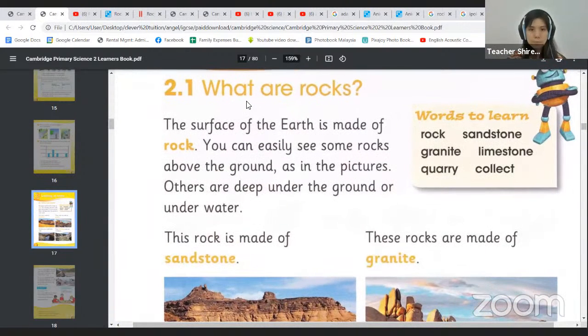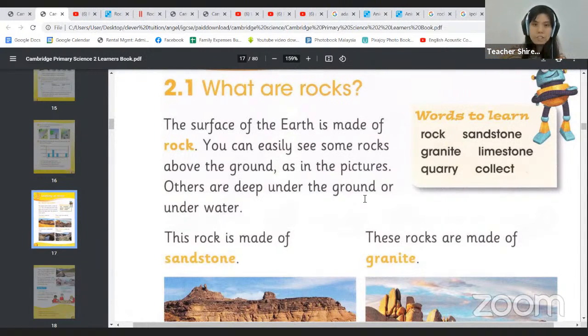The surface of the earth look at easy above the earth. As it in the and the rock is